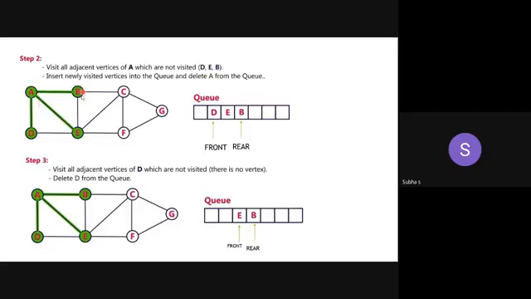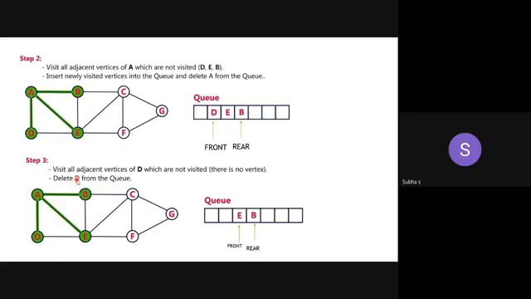What are the nodes that are adjacent to A? B, D and E. You can write it in any order, no problem at all. They put it as D, E and B. You can write it as B, E, D also. No problem, because we are going to visit all the nodes one by one. So here D, E and B are the nodes adjacent to A. I have put it like this: D, E and B. All the 3 nodes are inserted one by one. So now front is pointing to D and rear pointing to B.